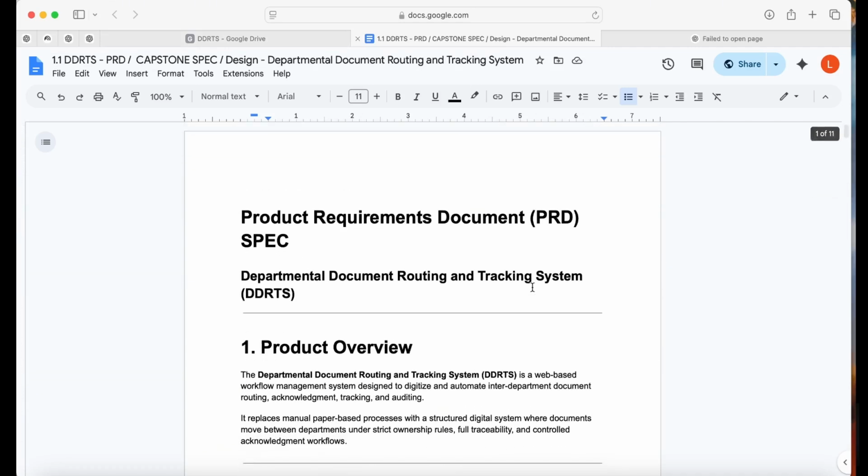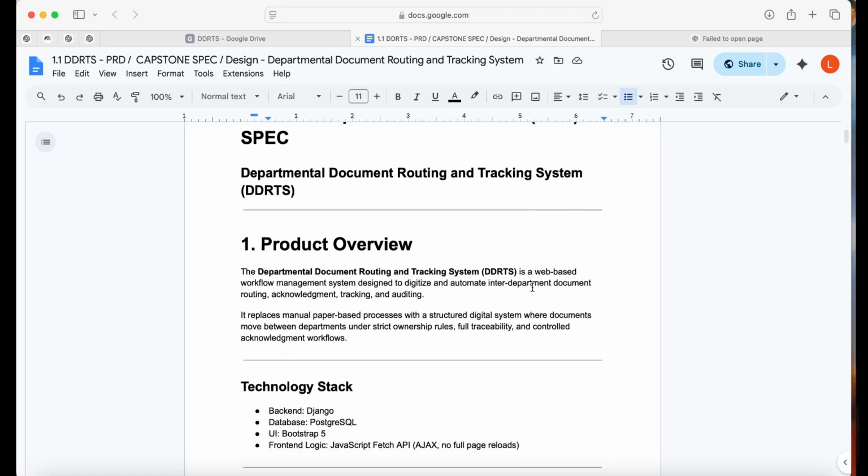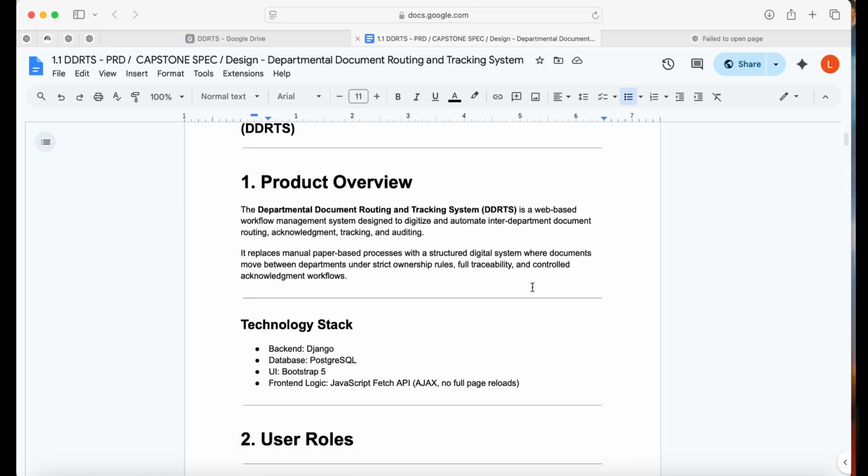Hi guys, right now we're going to explain our PRD on how we developed our document routing system. Basically, this project is the capstone I chose because this is the current bottleneck that I am experiencing inside our work. So we're not in our office. There should be